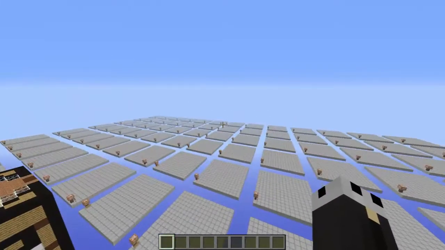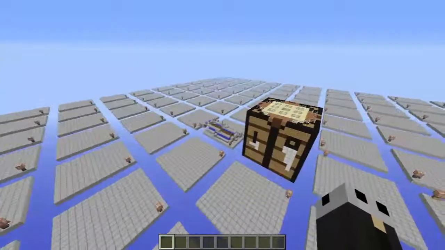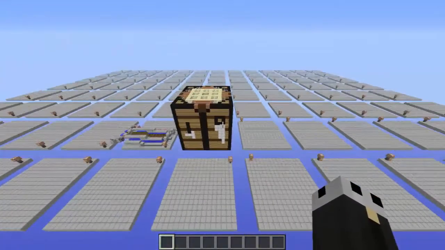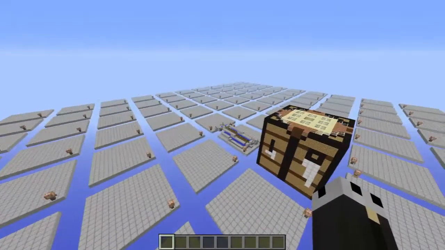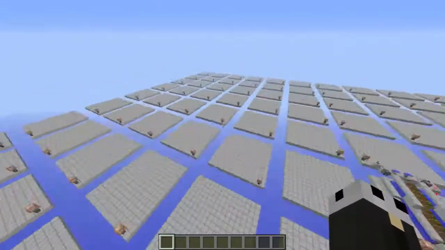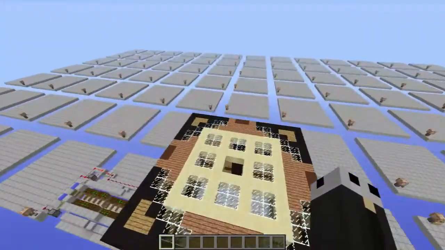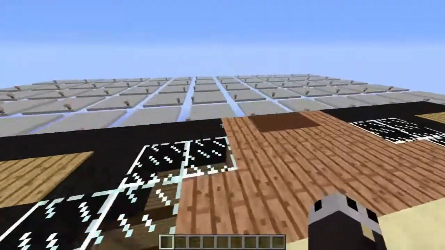Where are we? What is this strange world of floating platforms in the sky and a workbench in the... Oh, is that redstone? Is that... Oh, that's right. We are in the new Tinkerbox, one which I'll actually be hosting map downloads of in the